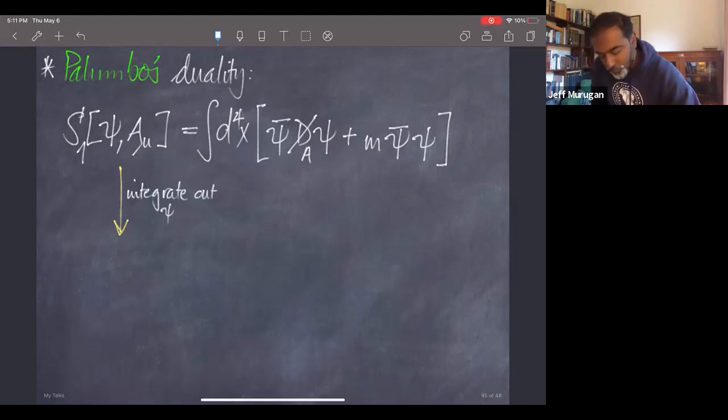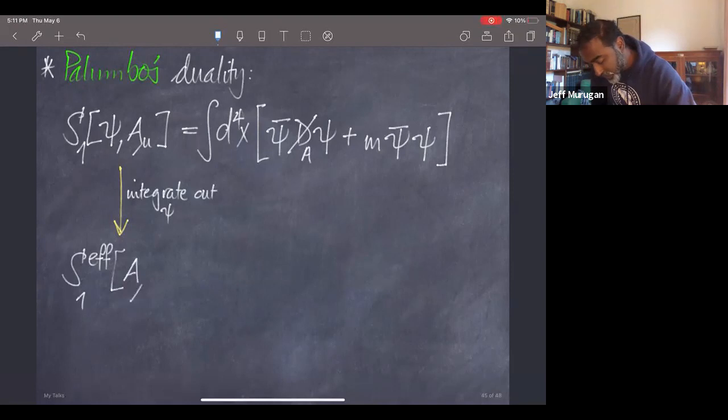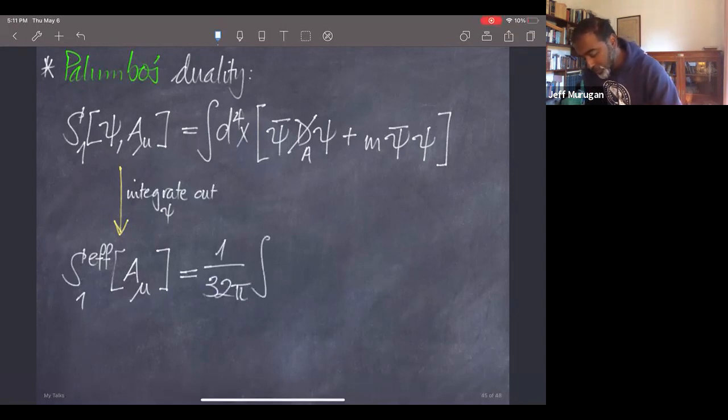then I get an effective action, which I'll call S1 effective. And S1 effective doesn't have any dependence on psi because I've integrated it out. So it's only got dependence on A mu. And when I do this integral, I get another effective action: 1 over 32 pi integral d4x epsilon mu nu lambda sigma F mu nu